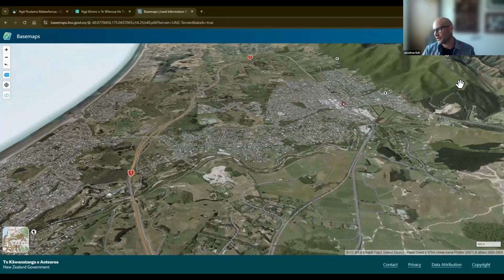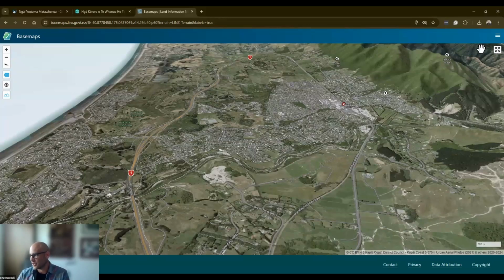Or, I won't get into this too much, you can engage with this as an API. So you can take this data set that we're looking at and plug it into your map or your app and know that you're always going to get Lindsay's best data sliding into your product. I'm not going to touch on that too much because I think Dwayne's going to get to that at the end.